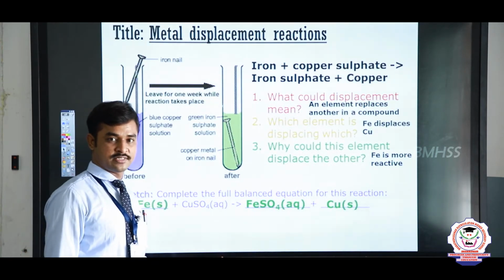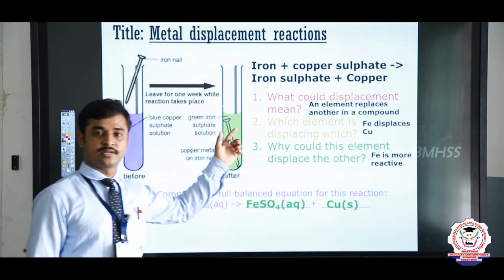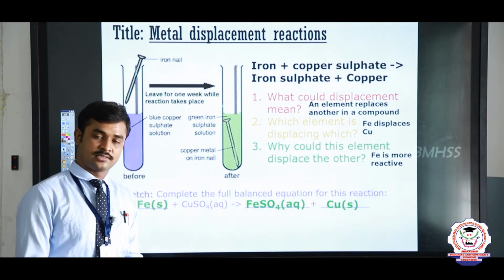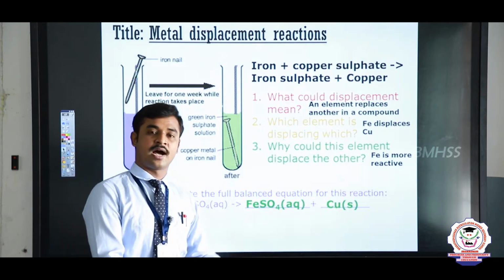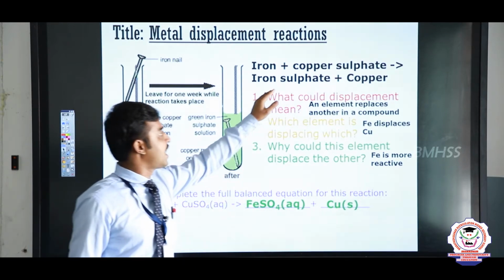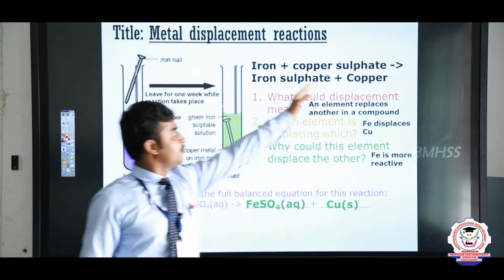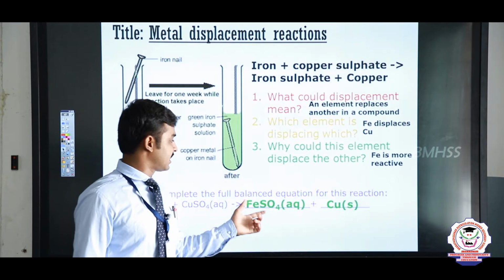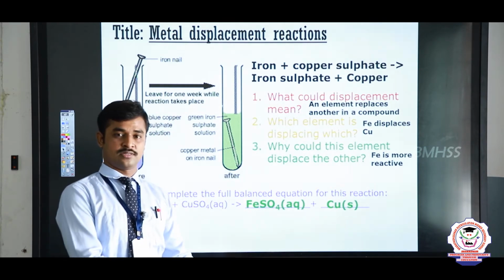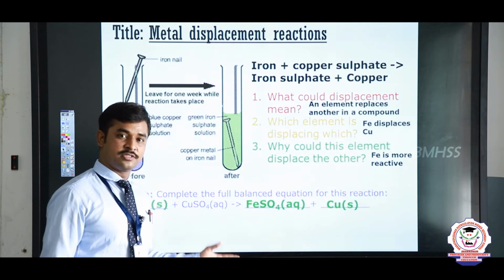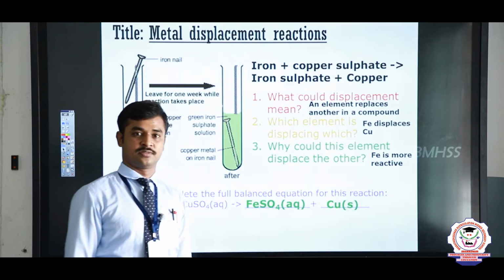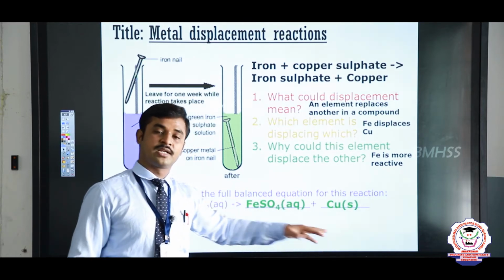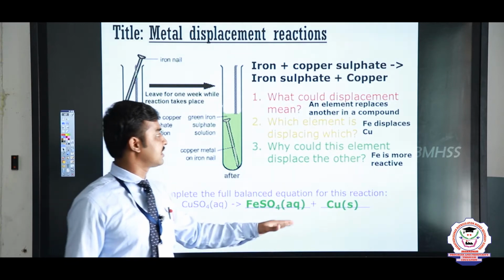This is the metal displacement reaction, in which iron metal reacts with copper sulfate solution. When the iron enters the copper sulfate solution, the iron replaces the copper and takes the sulfate to form iron sulfate, and the removed copper is extracted as copper. So, in this reaction, why does iron take the place of copper? Because the metal iron is more reactive than copper. So, only the iron takes the sulphate and copper is removed. When compared with iron, copper has less reactivity.